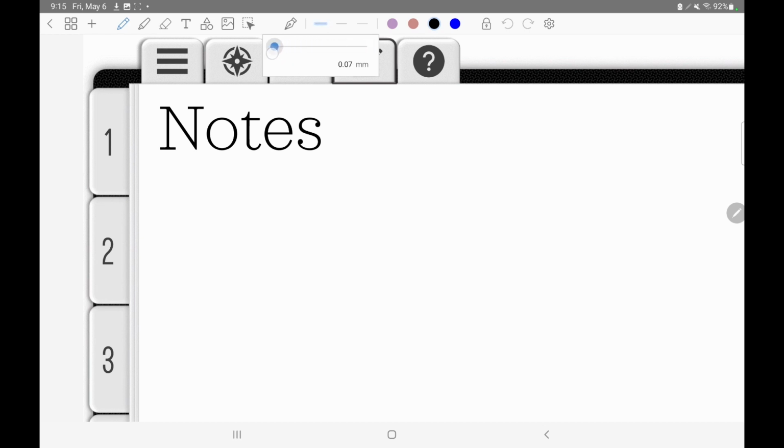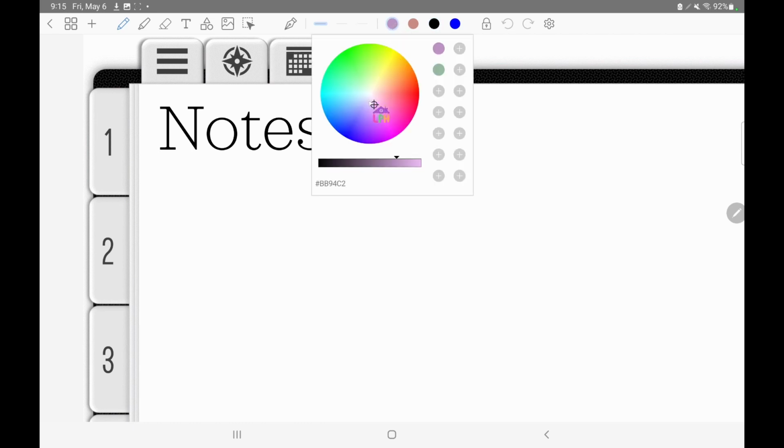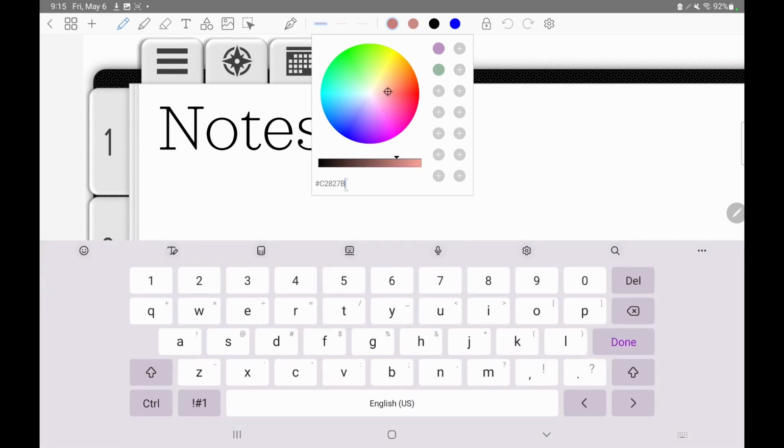So in the pen sizes, it goes down from 0.07 millimeters all the way up to 6.35 millimeters. Let's just go ahead and stick with 0.56, for example. Here are the color options. Clicking on a color will allow you to choose any color from the color wheel. And you can see your hex codes here. And if you have a hex code that you know of, you can enter that